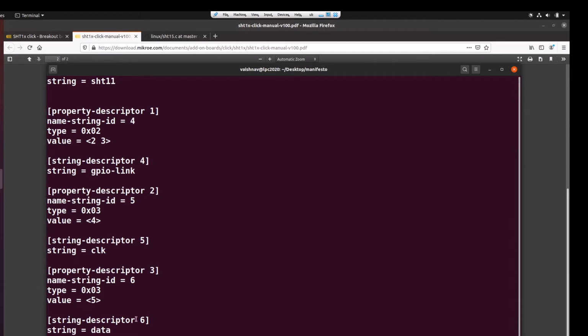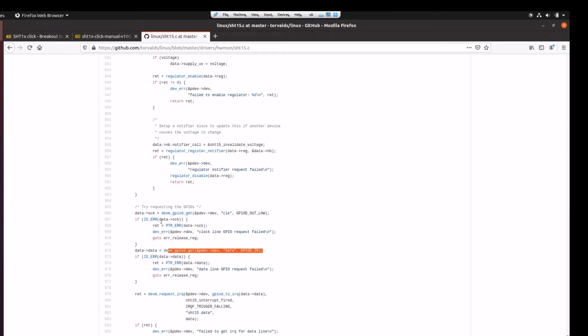The 4 and 5 are the relative positions of the SCL and SDA pins on the mikroBUS port, and then we have the names for the pins described as string descriptors, clk and data. Then the device driver can use standard devm gpiod get calls to fetch the named GPIO.